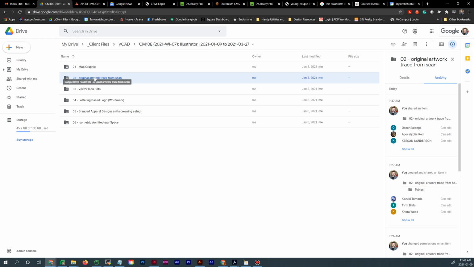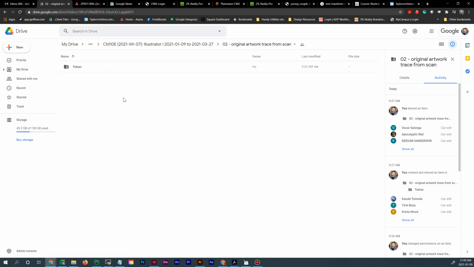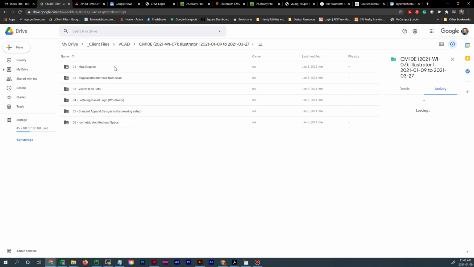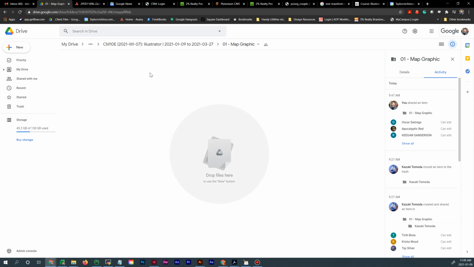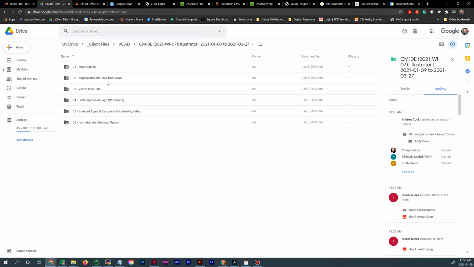So, where are we going to be putting this? Is it one or two? Put it in two. Original artwork traced from scan. Okay, so you want the original picture and the drawing too? Whatever you're planning on turning into your vector graphic. I just kind of want to get a sense of what your idea is for your graphic. Okay, well, one of my drawings is one of my finals from last semester. Yeah, if you've got a drawing that you want to work with and keep going, that's cool. To answer your question, Rainier,